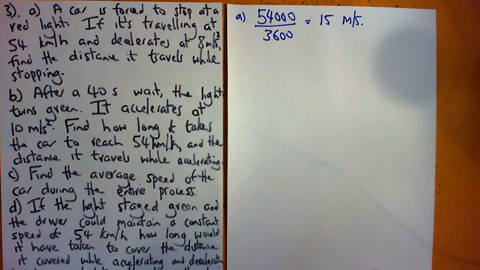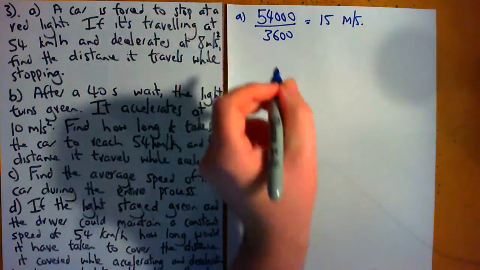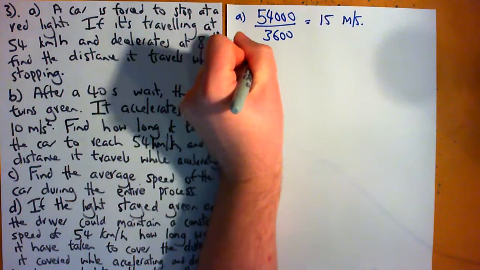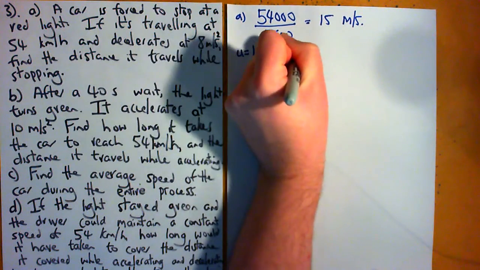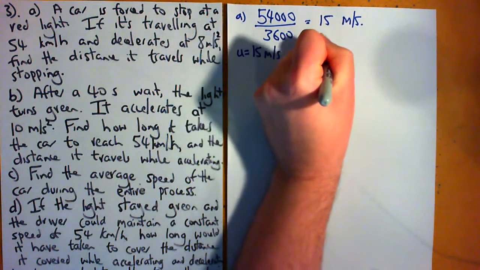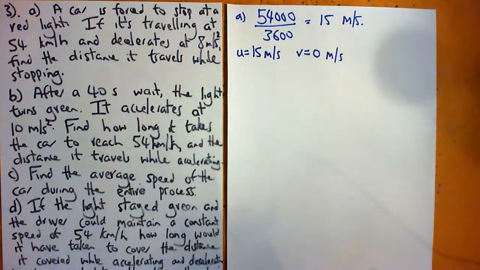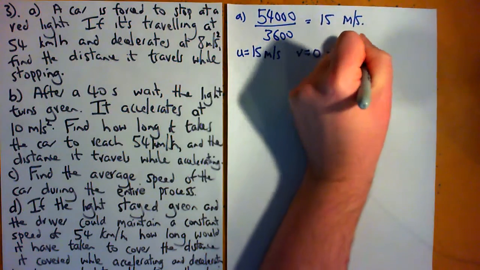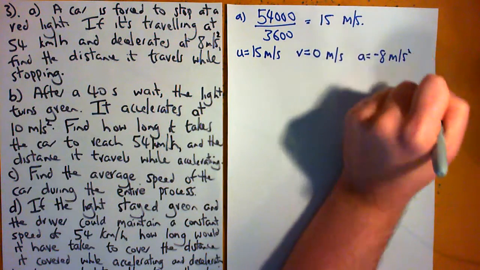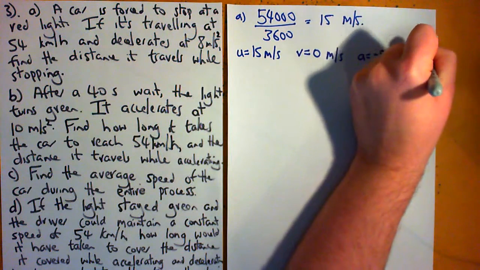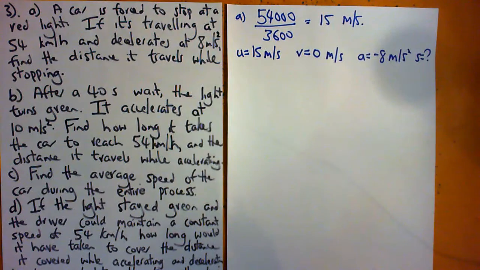Now we need to find the braking distance, so we've got the following information. U, the initial speed, is 15 meters per second. V is the final speed, which is 0 as we're bringing the car to a stop. The acceleration is negative 8 meters per second squared, and we want to find the distance that that whole process